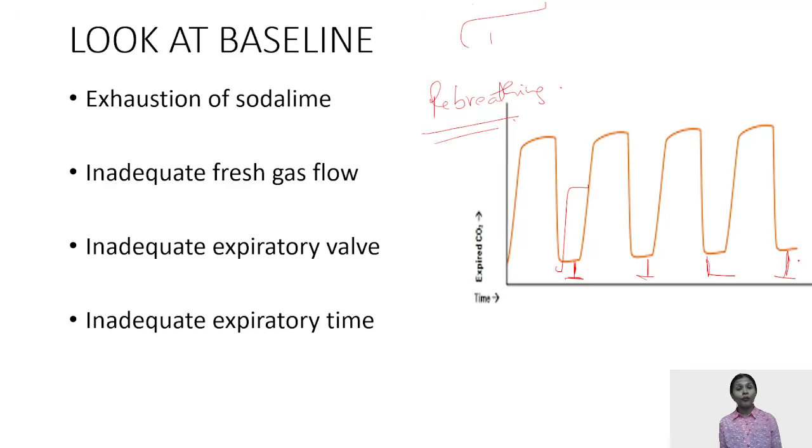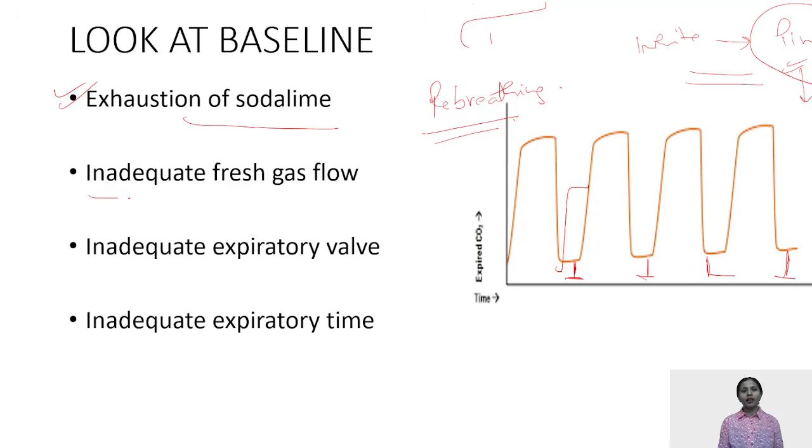Now the cases can come, for example, exhaustion of soda lime. The soda lime canister, which was first white in color, has now changed completely to pink color, and this is the capnograph that is coming. So what is this suggestive of, and what should be the management? This is suggestive that the whole of the soda lime has been exhausted and now we have to change the soda lime. The reasons for this rebreathing could be many more. One, the most common, exhaustion of soda lime.